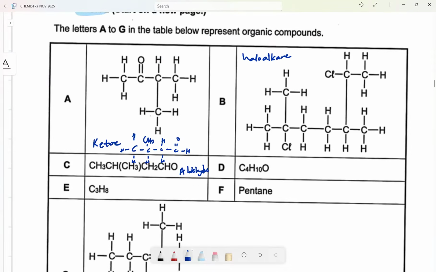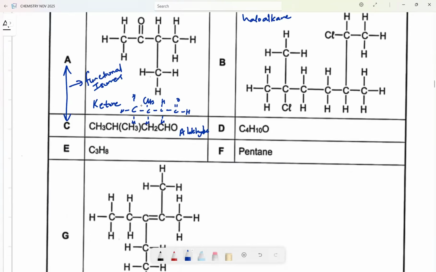Since it has 1, 2, 3, 4, and 5 carbons, this aldehyde has 5 carbons, so A and C are functional isomers. Remember, ketone and aldehyde are functional isomers only if they have the same molecular formula. In this case, they have 5 carbons and hydrogens plus 1 oxygen. So these are functional isomers. And then we have C4H10O. This is my